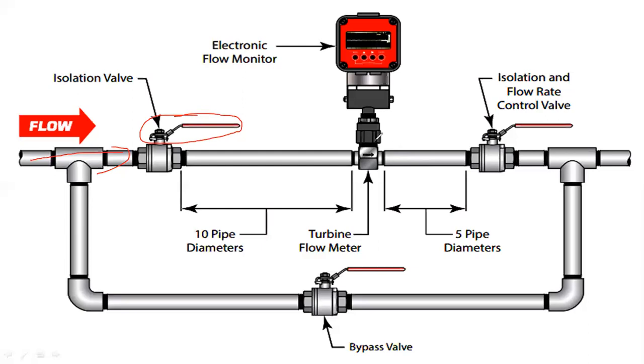It maintains that whatever flow rate occurs in that pipe, that amount of speed is obtained on this turbine flow meter. A magnetic field is generated, and by using these mechanical components, the speed is calculated on this turbine flow meter. So that is the overall working procedure of the turbine flow meter.